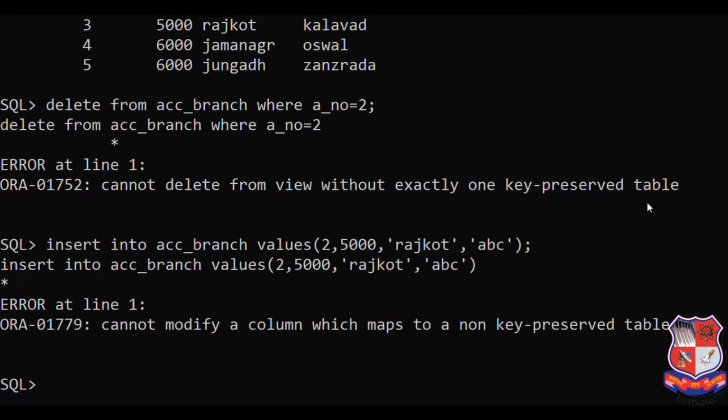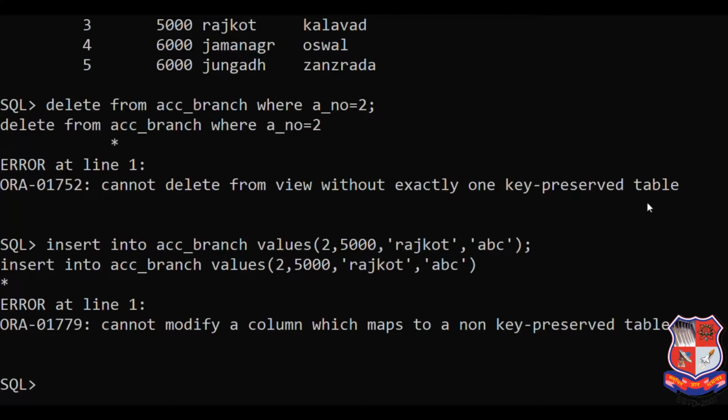This point we discussed in our previous video, ADBMS view lecture number 8: which operations are allowed on a multiple base table and which are allowed on a single base table. We saw that in a multiple base table we cannot perform delete, insert or any modification operation because two tables are merged. In that case, delete and insert operations are not allowed.